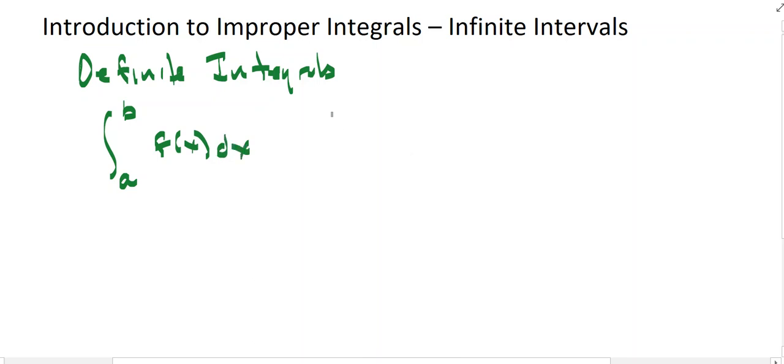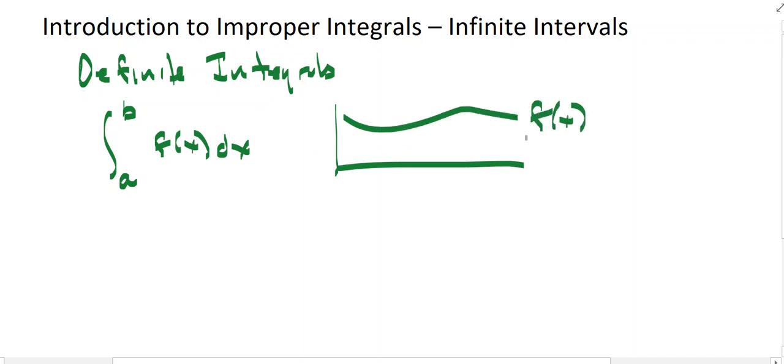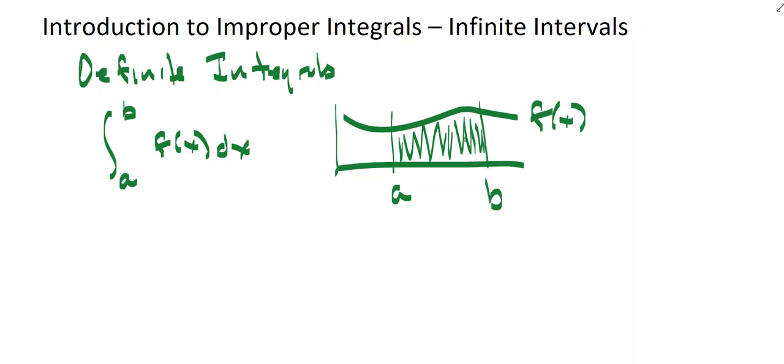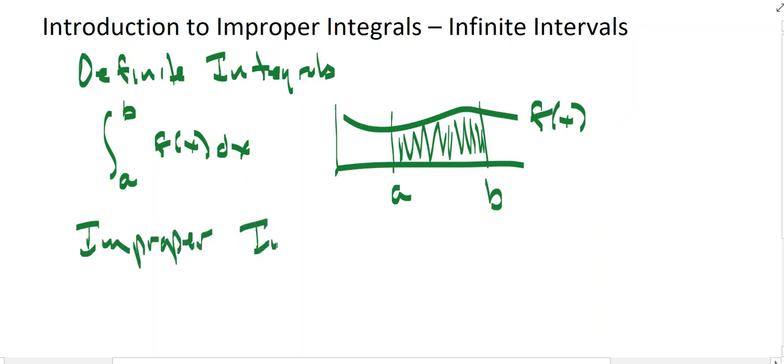The geometric interpretation of this is you have some function f of x, and you have a left bound and a right bound, and we're looking for the area under that curve and above the x-axis. So that's the geometric interpretation of a definite integral that has finite bounds, a on the left and b on the right. Well, with improper integrals that have infinite bounds of integration,